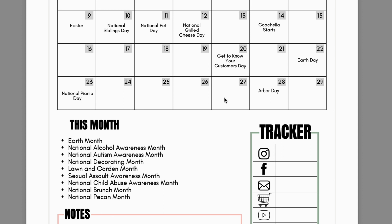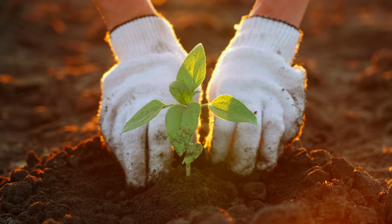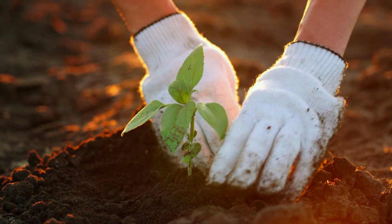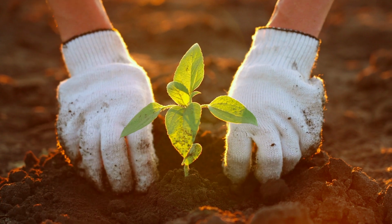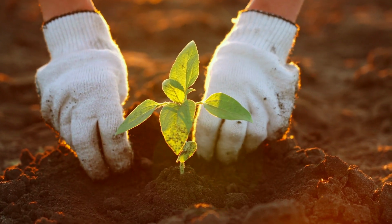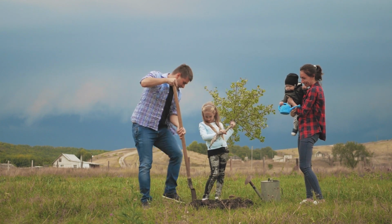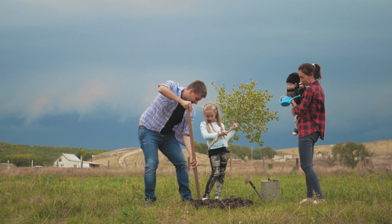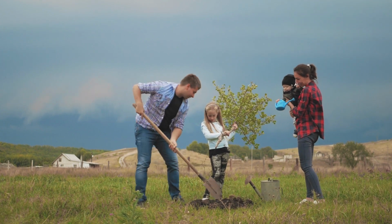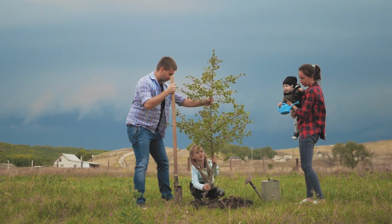And then on the 28th, we have Arbor Day, and I Googled it, and it says, Arbor Day, much like Earth Day, is a holiday that celebrates nature. Its purpose is to encourage people to plant trees, and many communities traditionally like the opportunity to organize tree planting and litter collecting events. So that's very neat. If you are participating in any Arbor Day events in your town, this would be a great day to post about it. Let them see a little bit more about you,